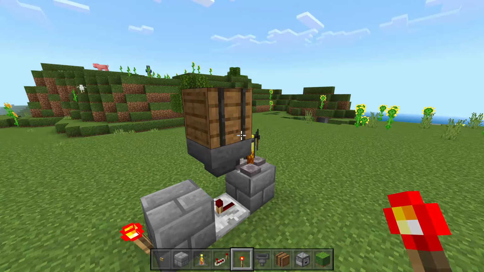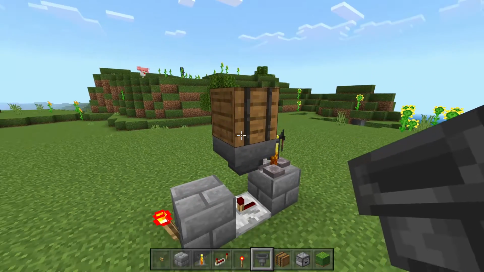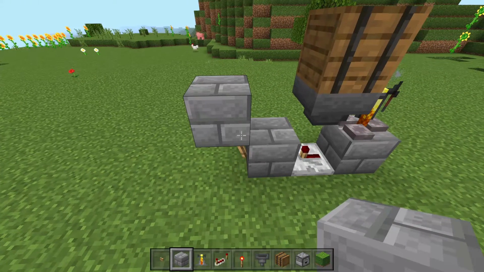Now this barrel is going to be full of water bottles, so if you wanted to extend this, you could by just adding in another hopper here, or just having a double chest and filling it before we build the rest of the farm. After this though, we're going to place down another block on top of that redstone torch,